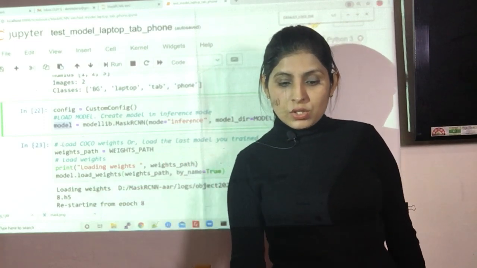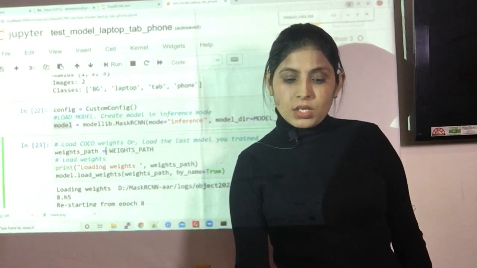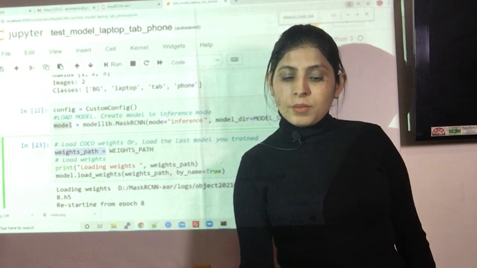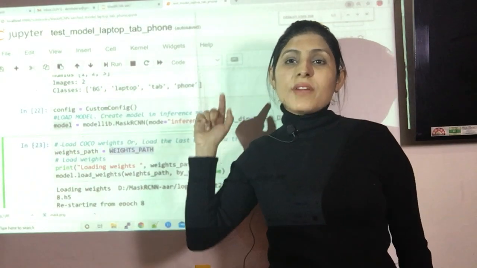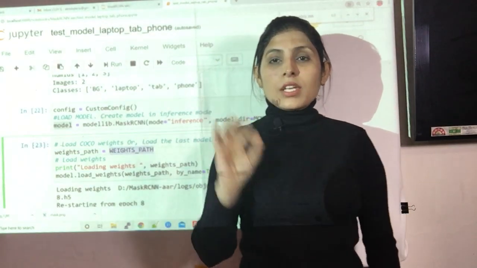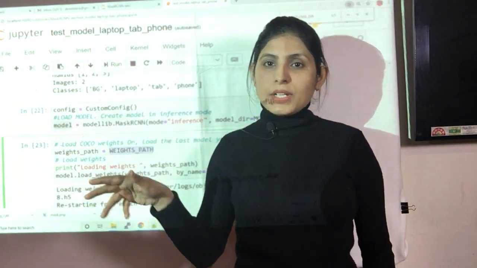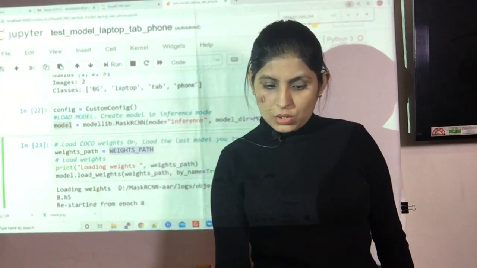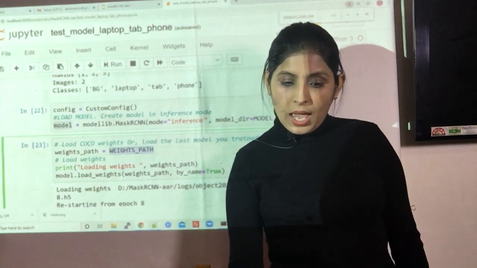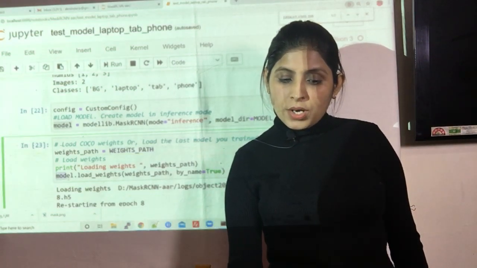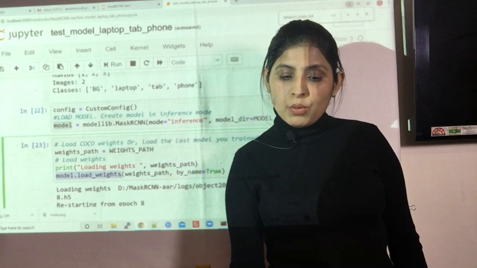All right. So in this weight path variable, I'm giving the weight path which we have defined above, where we have given the proper path of our trained models. Okay. So this is what we are doing, and then model dot load weights.